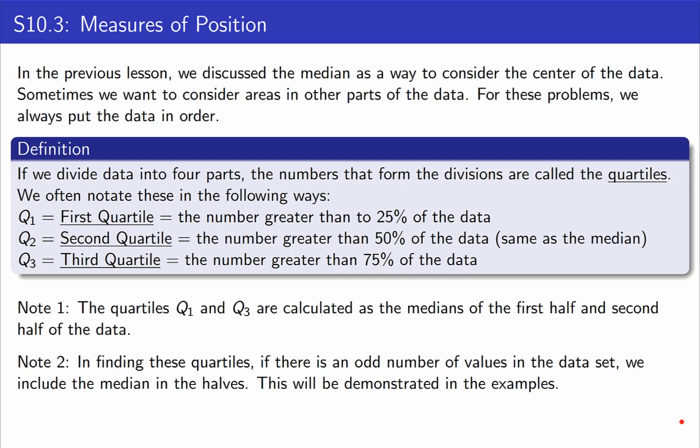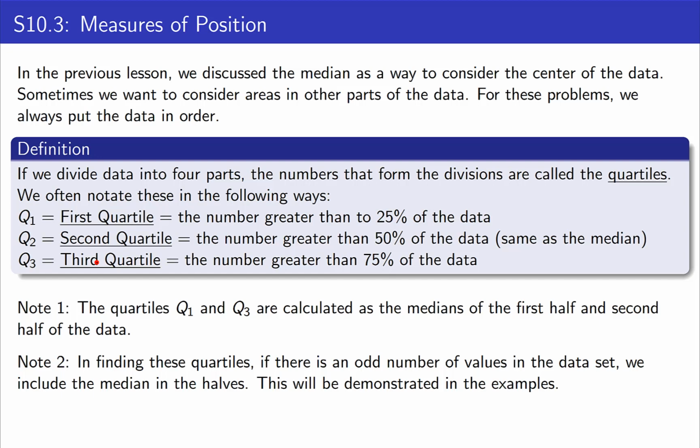Quartiles are defined to be the value greater than 25% of the data, 50% of the data, which is actually the median, and 75% of the data. In order to calculate these quartiles, we'll first take the data and split it in half, finding the median in the process. Then the first quartile is the median of the first half,